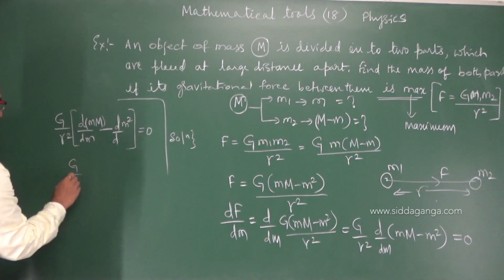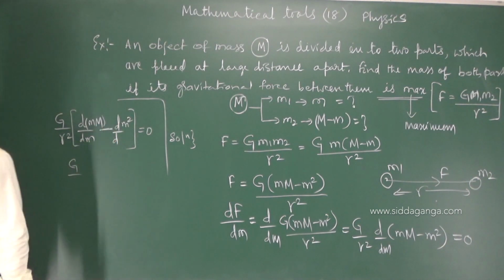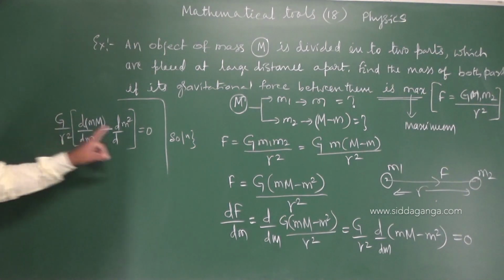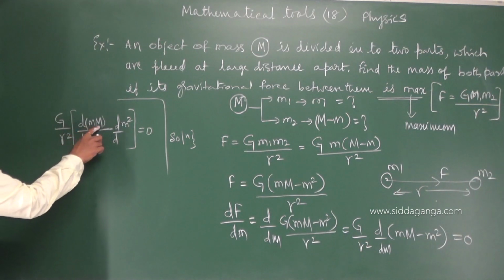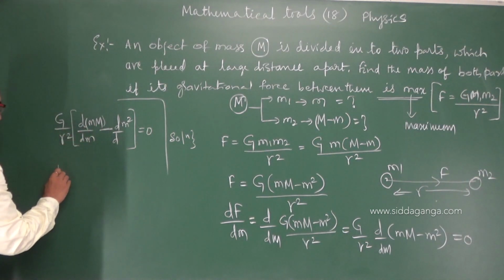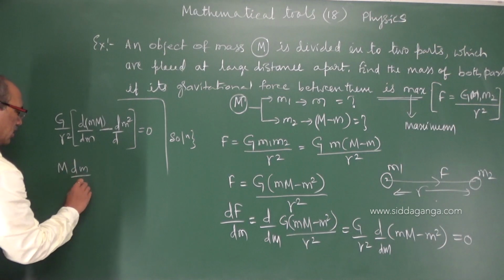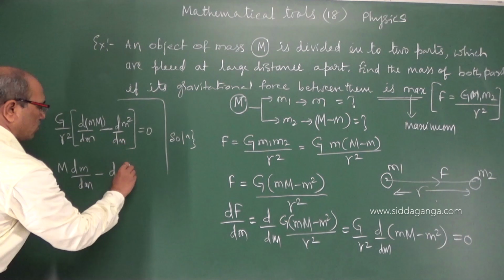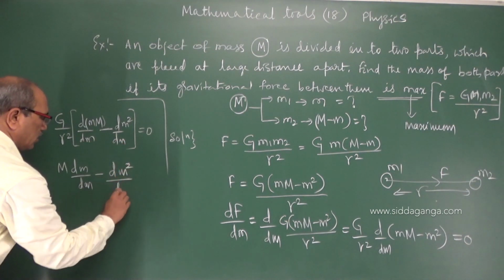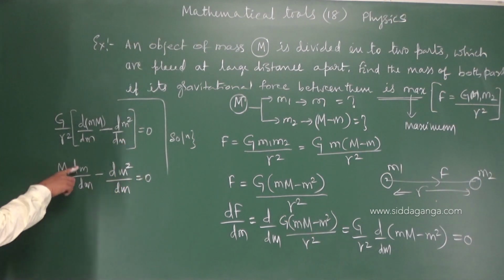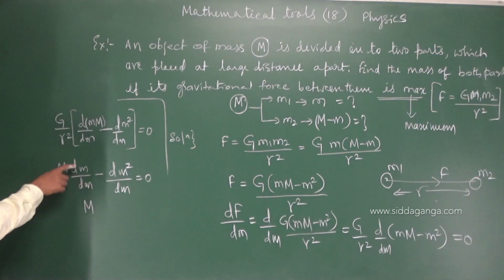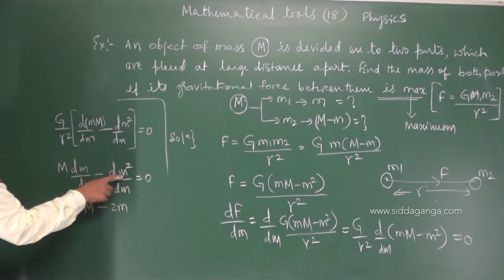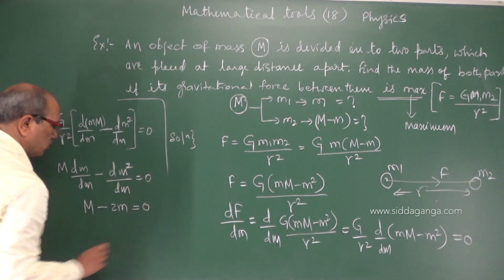So G by R square, if I take the other side, it becomes 0, leave it. Before differentiation itself, if I take G by R square, other side 0. Small m, capital M is out. M into dm by dm minus dm square by dm equal to 0. This becomes m, dm by dm is 1, and this becomes 2m with respect to small m equal to 0,